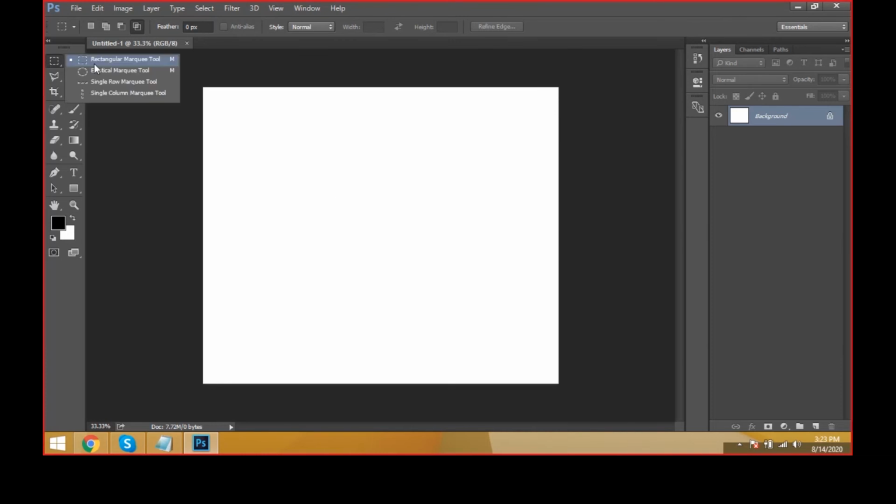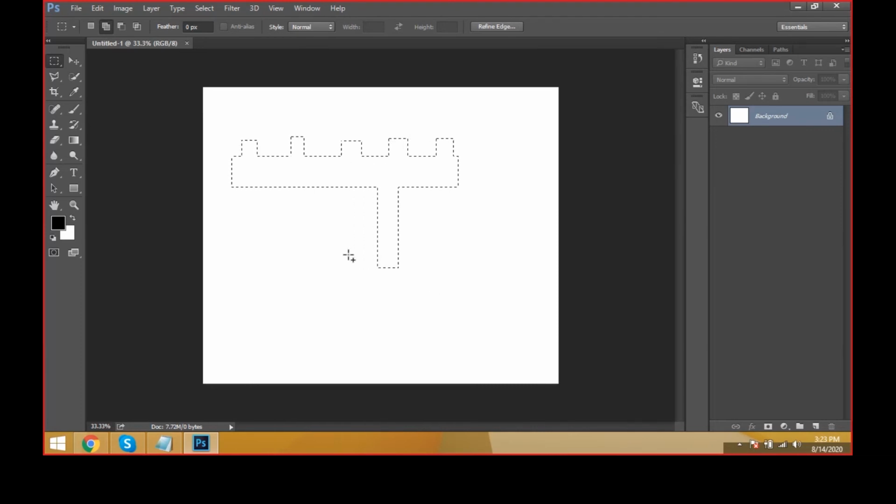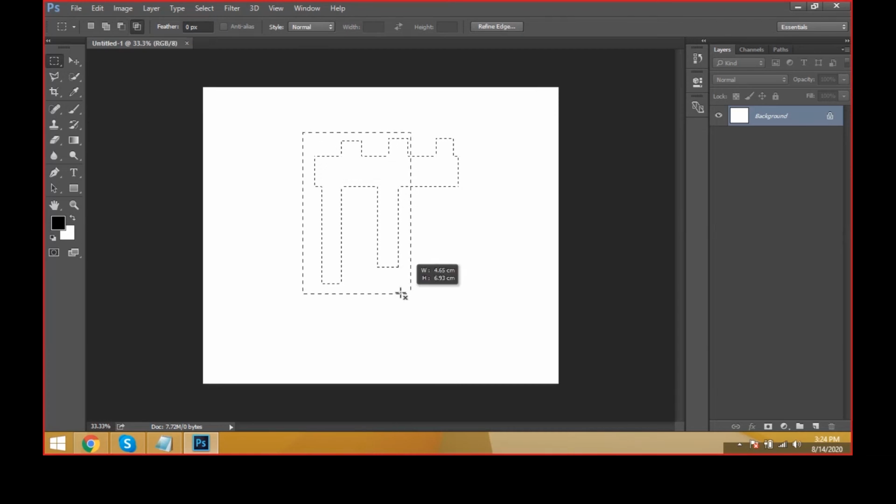See once, friends, take a new selection. It's a rectangular tool. Why do we use the rectangular tool? We can draw shapes like this, and we can add to the selection like this, and we can subtract from the selection like this. We can subtract selections also, and we can intersect with the selection. Whatever the selected part is will be visible, and the unselected part will be removed like this.